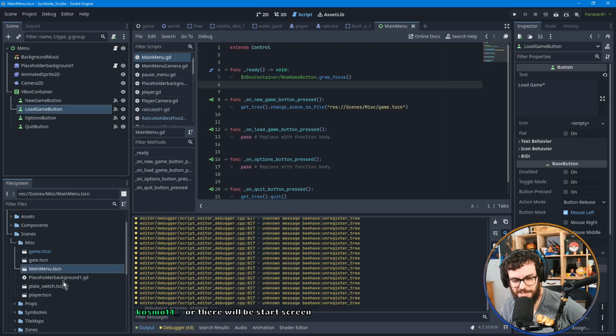But if every single time you go to test your game, you had to open the main menu and click new game or load file, that's a huge waste of time, right? And then also,